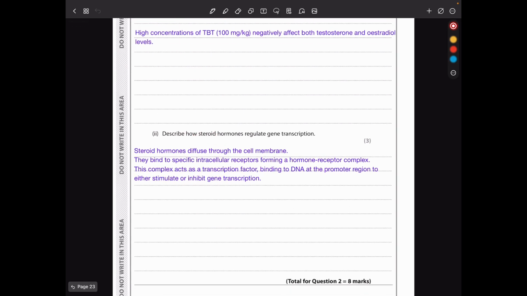Then describe how steroid hormones regulate gene transcription. Steroid hormones diffuse through the cell membrane. They bind to specific receptors found inside the cells and they form a hormone receptor complex. This complex acts as a transcription factor binding to DNA and the promoter region, either to stimulate or inhibit gene